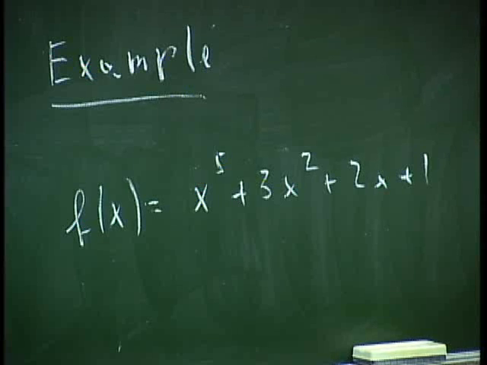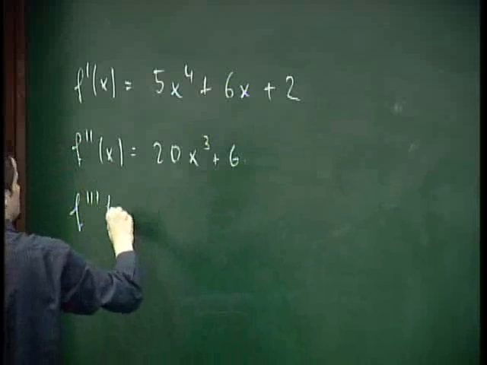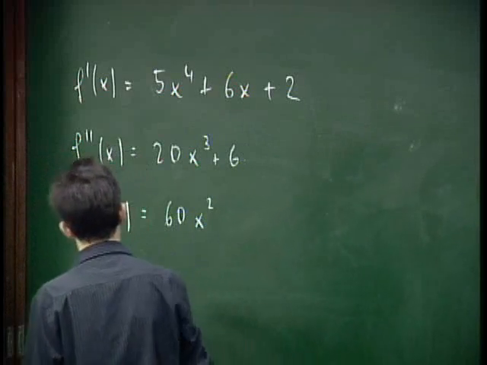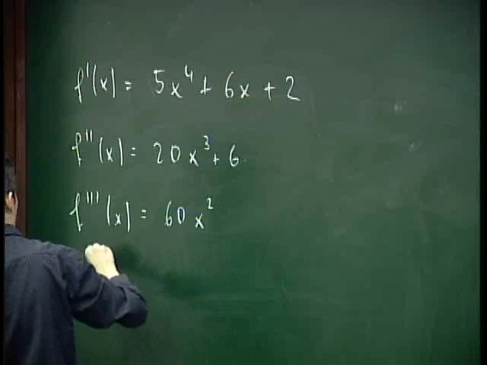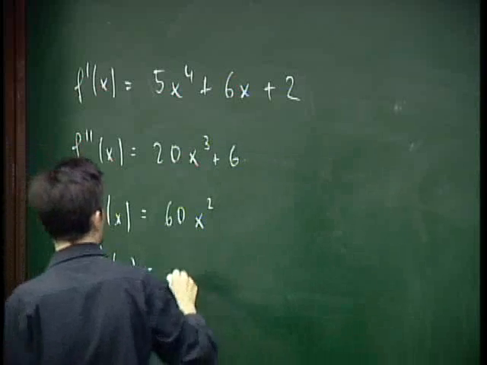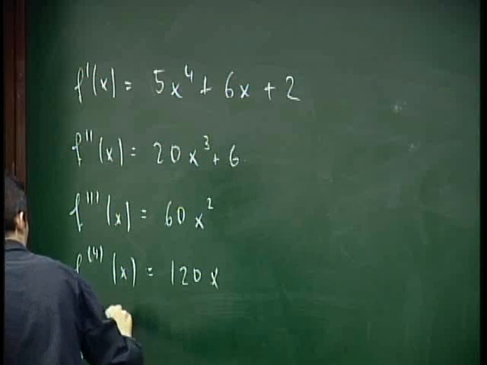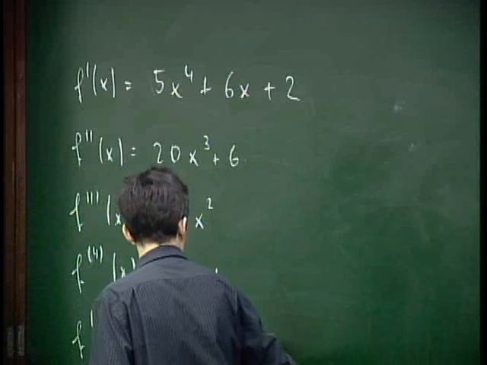Second derivative, 20x cubed plus 6. The third derivative, 60x squared. The fourth derivative, 120x. The fifth derivative, 120. And the sixth derivative,